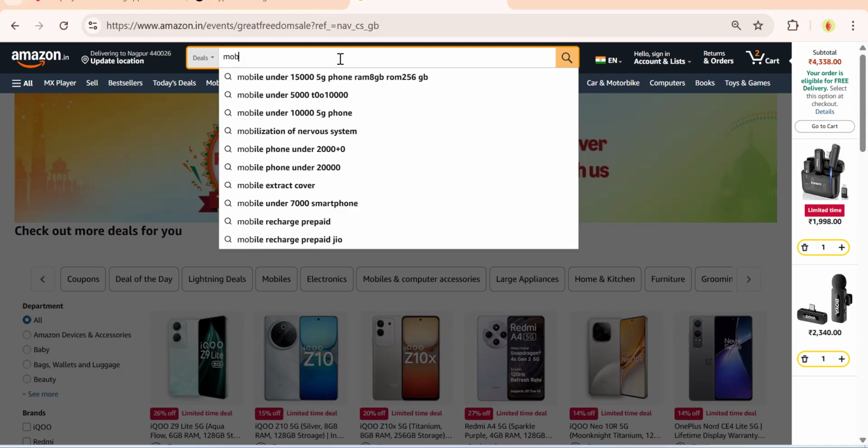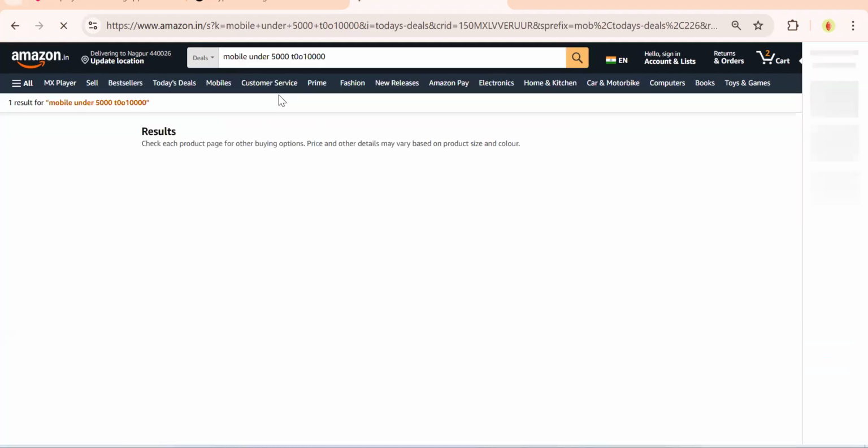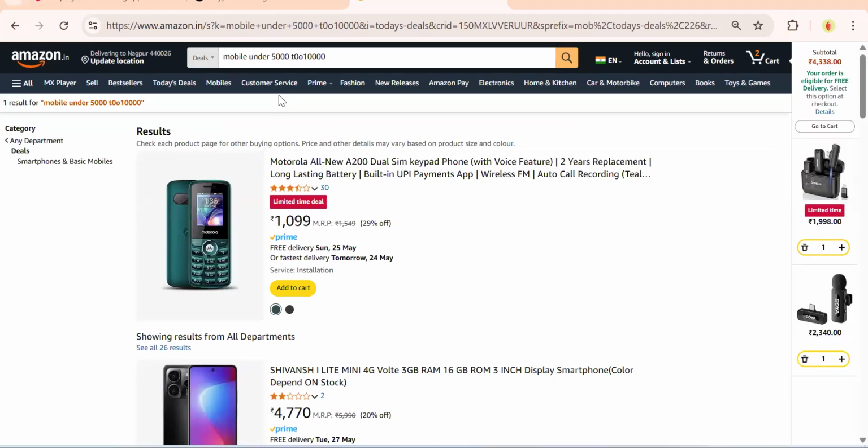Instead of going to the database, whenever a user searches, it looks up the data from GraphQL. Searches are limited, so they create a separate database just for searching. When you select on something, let's say mobile under 5, this is a key, then it will make the API call to the database and get the data.